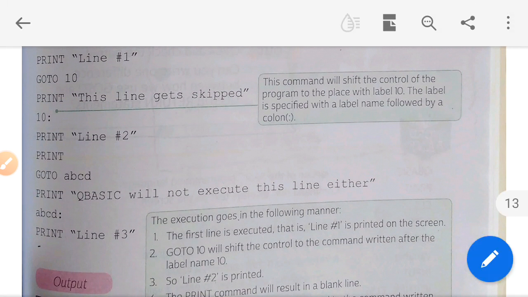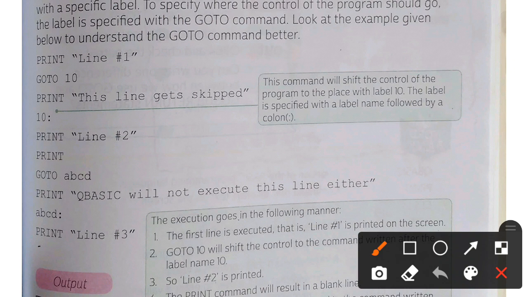Let's take an example. You have print line #1. Go to 10, print this line gets skipped, 10. So you can see we have typed go to 10.